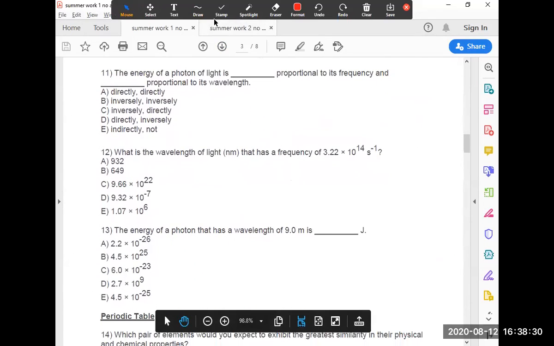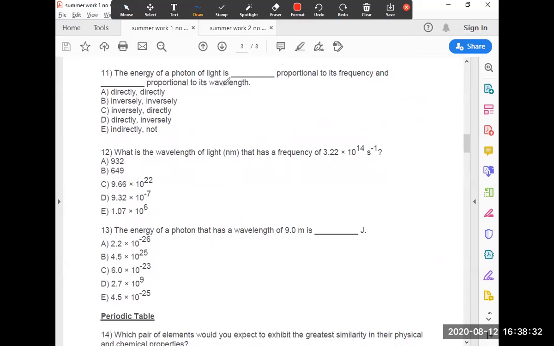The energy of a photon of light is proportional to frequency and what is it proportional to in the wavelength? So first of all, the energy of a photon is given by h nu. Nu is your frequency, lambda is your wavelength. So if this is the frequency, and it's not a v, it's a nu. So h is your Planck's constant, 6.626 times 10 to the negative 34. The units we will see later, but those are joule seconds, let's just put it there.